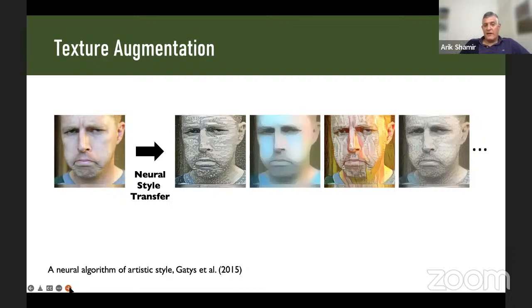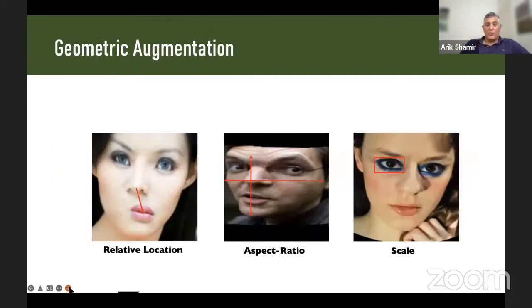And you get different pseudo paintings. However, this doesn't account for geometry. So what we also did is geometric augmentation. We found the different features in the face, and then we used some affine transformation to change the actual faces, as you can see here.